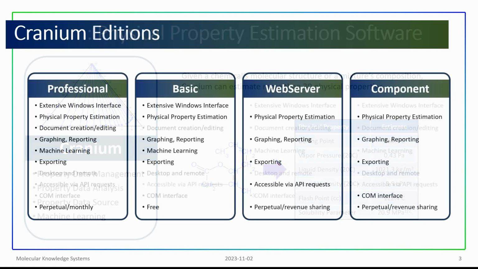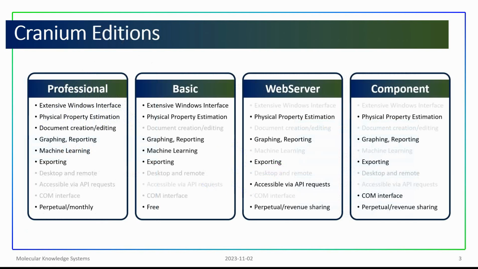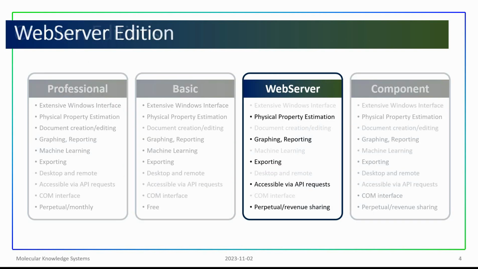properties. Cranium is available in 4 different product editions: a Professional Edition, a Basic Edition, a WebServer Edition, and a Component Edition. The WebServer Edition manages physical property data, provides physical property estimates, and has capabilities for graphing, reporting, and exporting. But the WebServer Edition's key capability is that it provides access to these data, estimates, and graphs via API